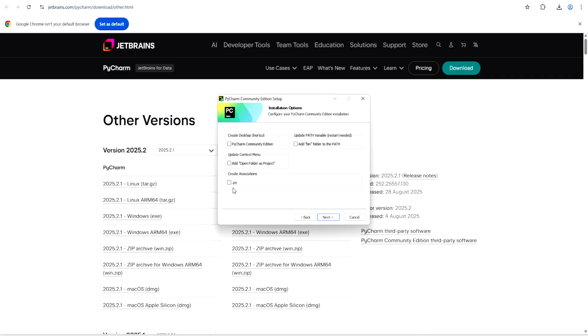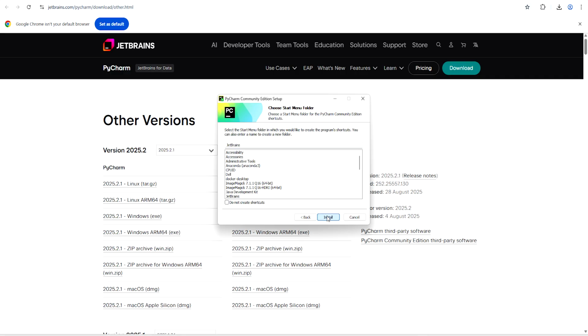If you want to create the desktop shortcut, then select this, and add folder as project, then check this, click next, and finally install it.